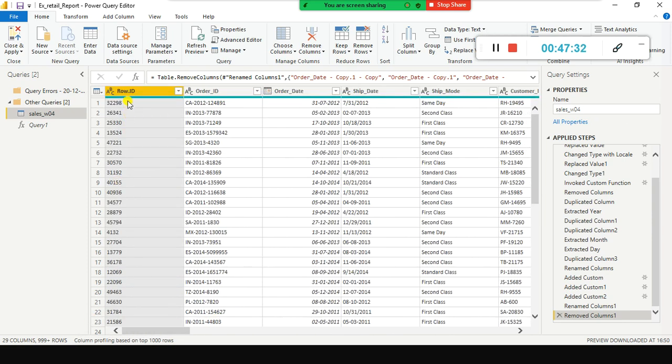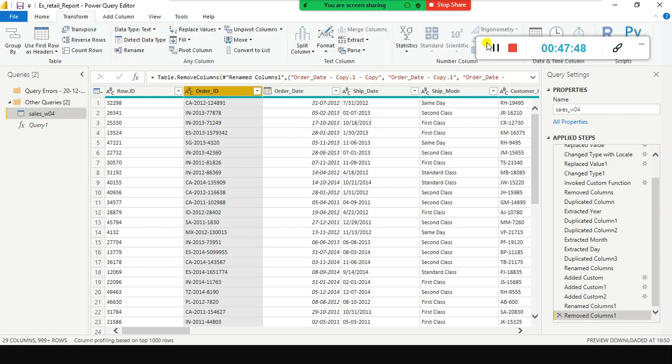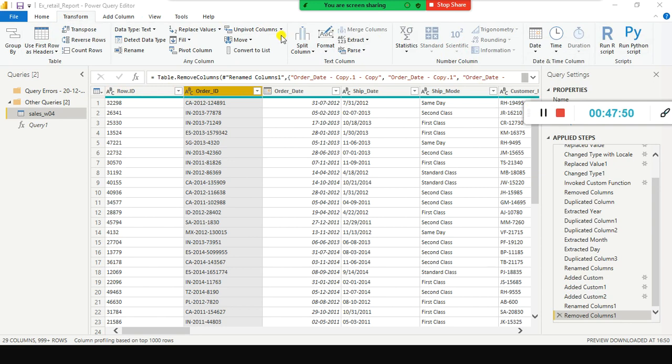Anyhow, we are not going to use row ID, so let us not worry about it. Let us take some text column and play around with it. So this is an order ID, so a text data type. And what I do is I go to Transform, and look here, the data type shows text. And there is detect data type. With this also we can find out what data type this column is. This is an alternative way of seeing it.